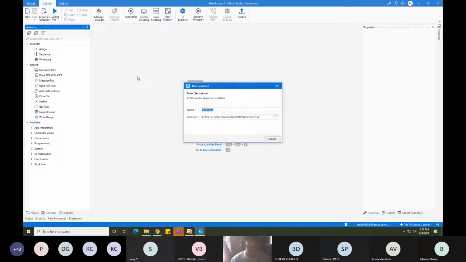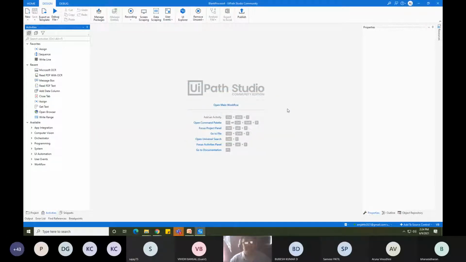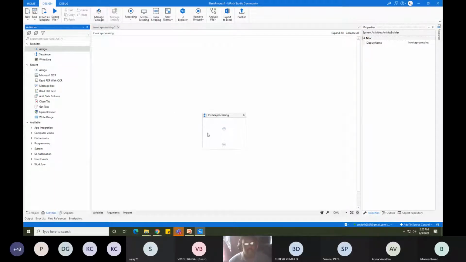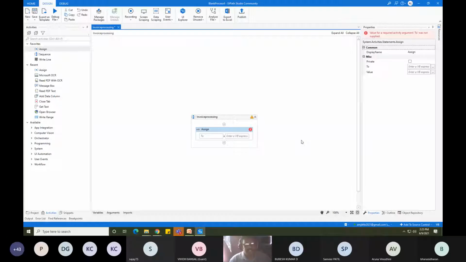Let me create a sequence. Voice processing. So first I will tell you how to extract files from a folder. Okay. So I have dragged an assign activity. So there, what I did is that I will be using,